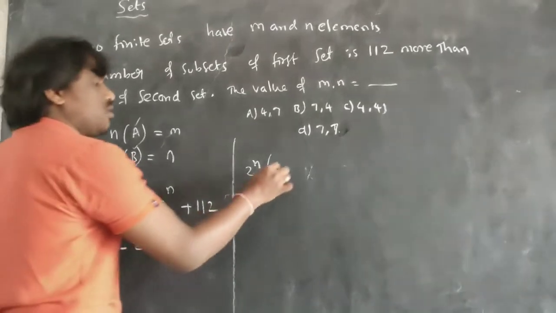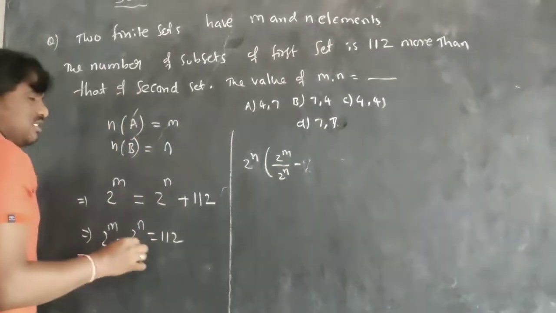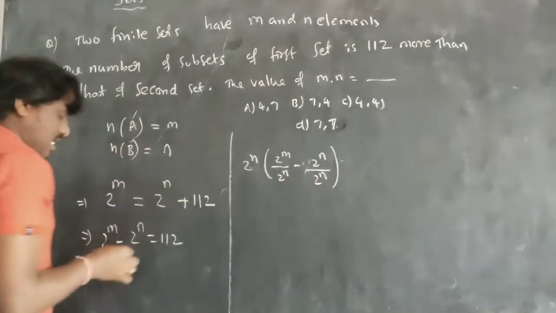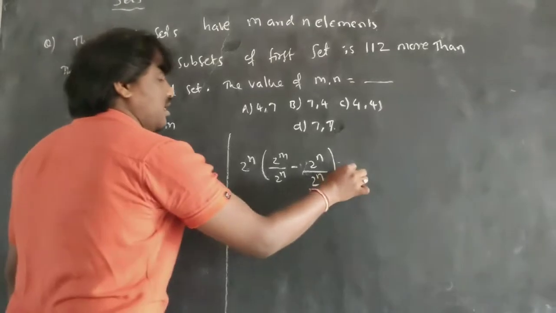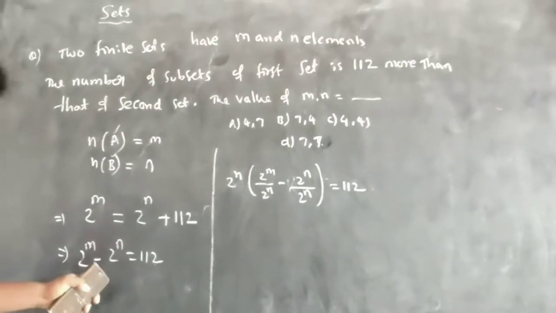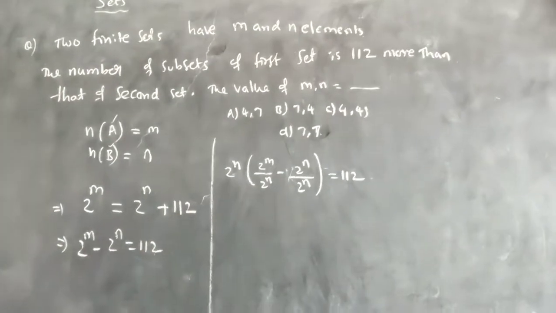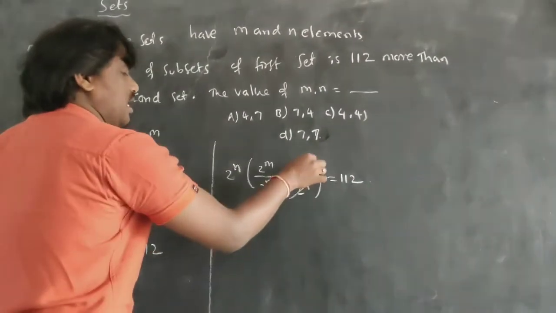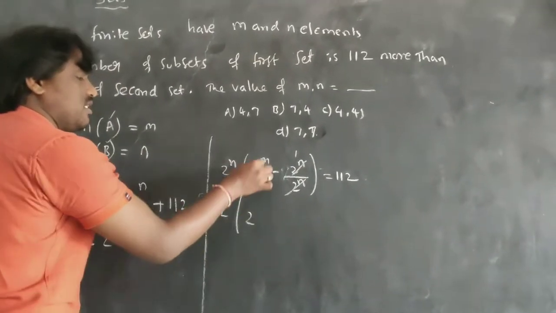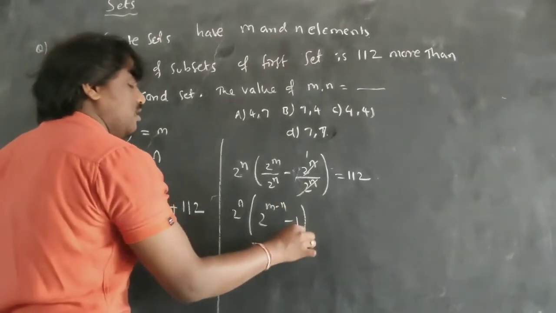So what I get here is 2 power m divided by 2 power n minus 2 power n divided by 2 power n. When I take common, that will be divides. Okay, I hope you understand. Otherwise, you can multiply by 2 power n divided by 2 power n. That is also done, so this is the easiest way I am telling you. Take 2 power n out common: 2 power n times (2 power m minus n, minus 1) is equal to